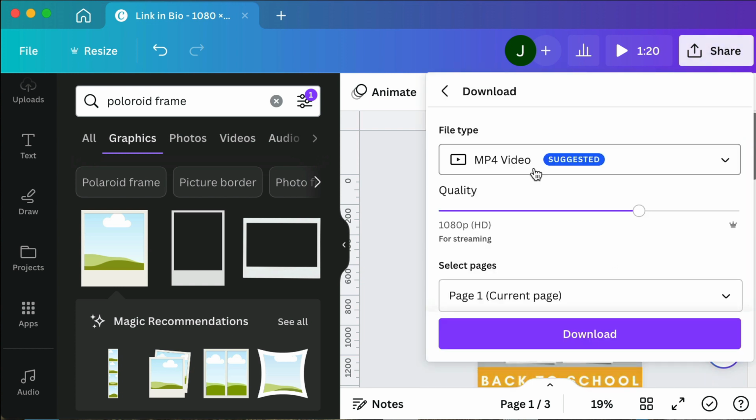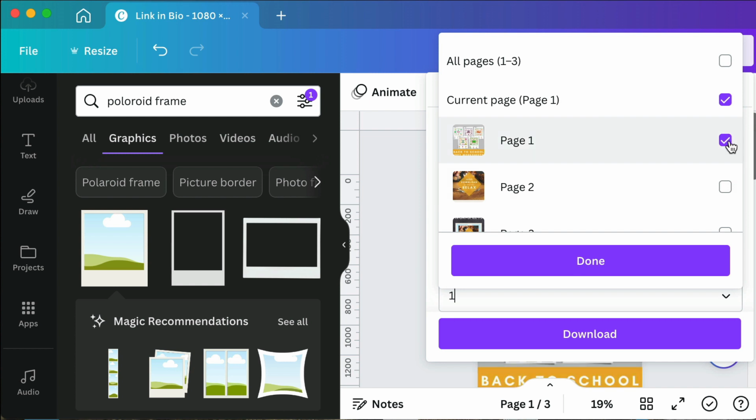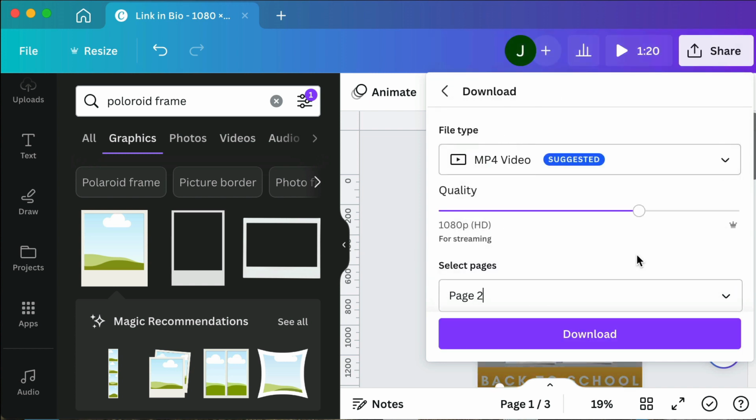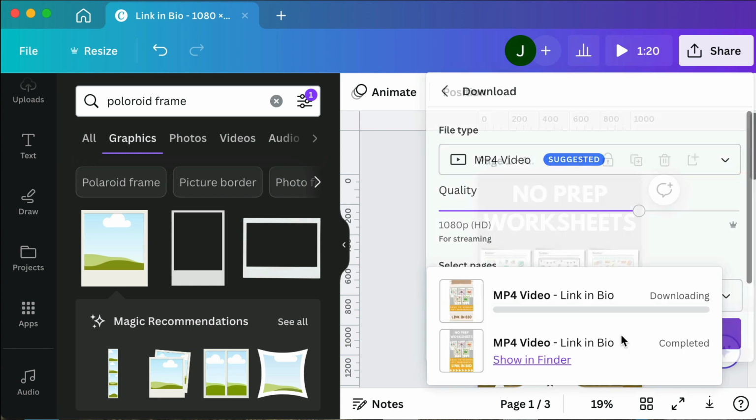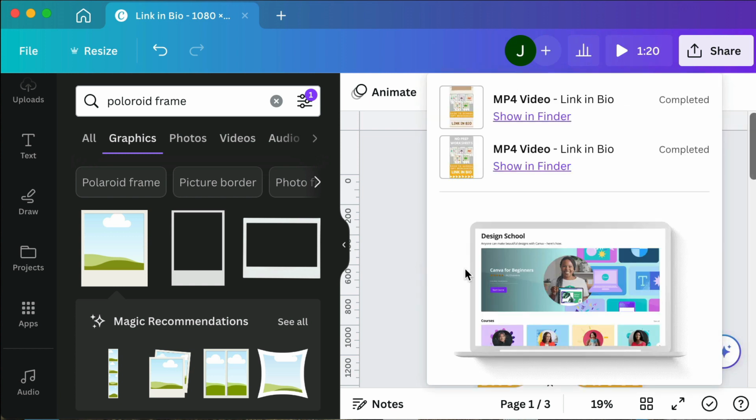So download MP4 video, unclick page 1, click page 2, and this will download it into a new video format. Download. Now for me, honestly, I think downloading them takes the longest amount of time. Make sure you put all of these in a folder so that they are better organized, so that you can just drag and drop them into Metricool